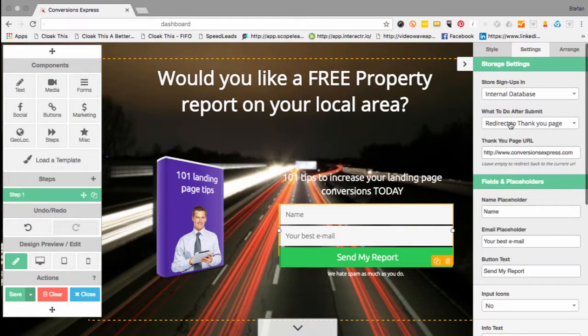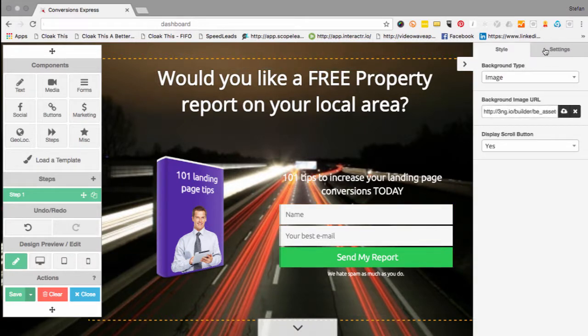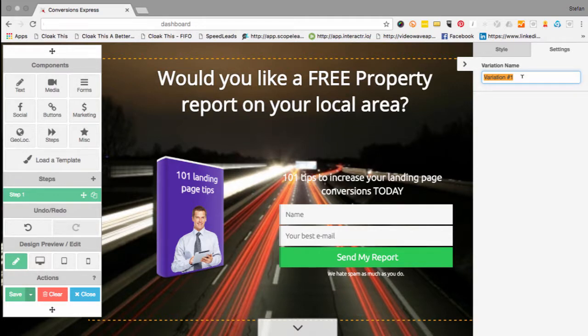But we're going to just do internal database, and that's what we call the conversion mat. I'll show you how that works in just a moment. So we're going to just save that, and we're just going to go to the back of that and change this to free property report demo. Okay, so we just save, close,